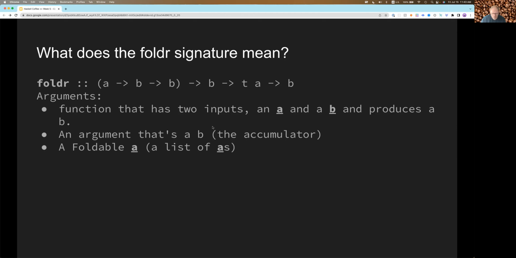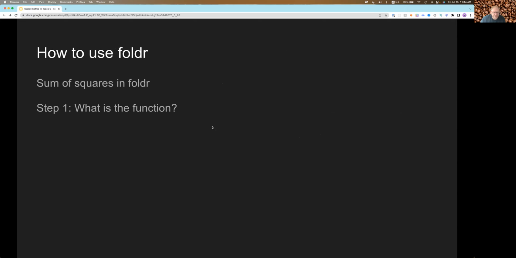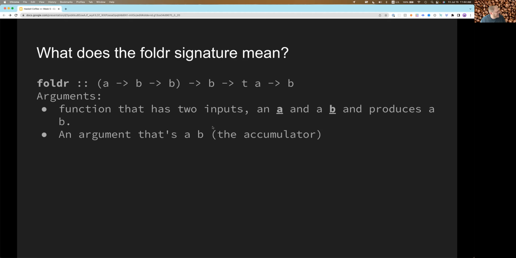And so that sounds great. We can get a value out of a list of A's and accumulate them in a B that then gets returned at the end of the process of foldr. So the result is a single B element, right? It is some summary of what those mapped over values are. And so how do we use foldr? We'll think back to that function. So remember that